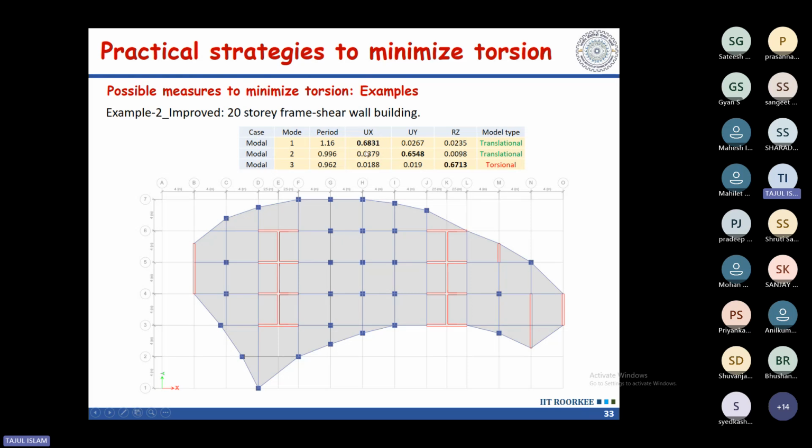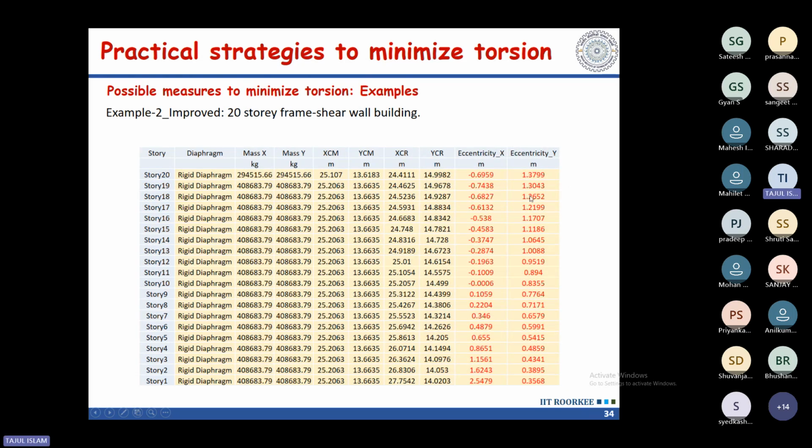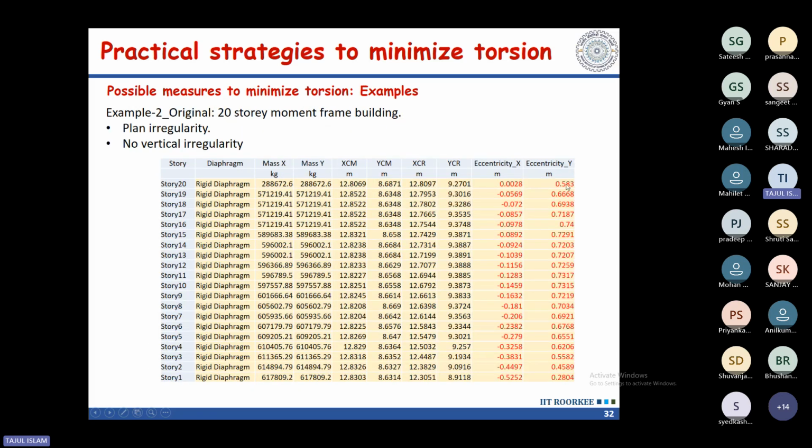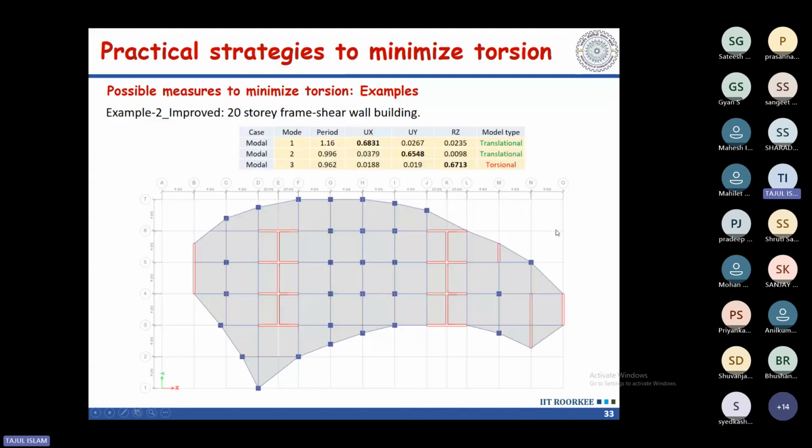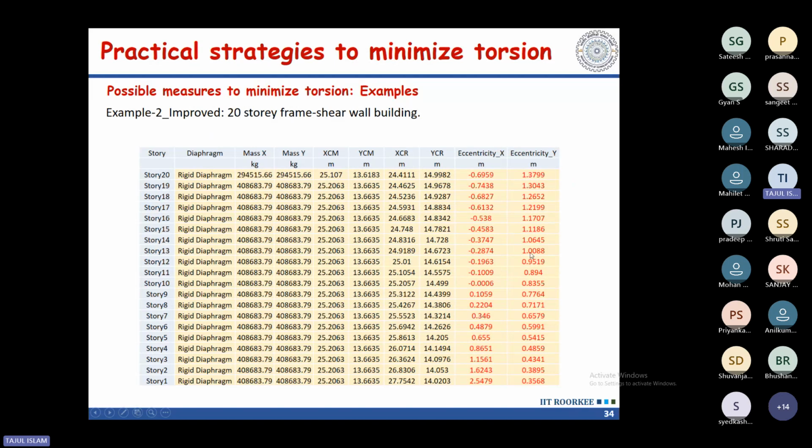68% in the X direction in the first mode, and 65% in the Y direction in the second mode, and torsional mode in the third mode. So the condition is satisfied, you can see. Then these are the eccentricity parameters. Now the Y direction will be clearer to understand because of the higher difference. You can see eccentricity in the Y direction is 1.37 meter at this floor. If you compare this with the previous one, here I have only 0.58. Similarly, there is no quantity here which is more than 1. But the improved structure is giving you more eccentricity, in fact, compared to the original structure,